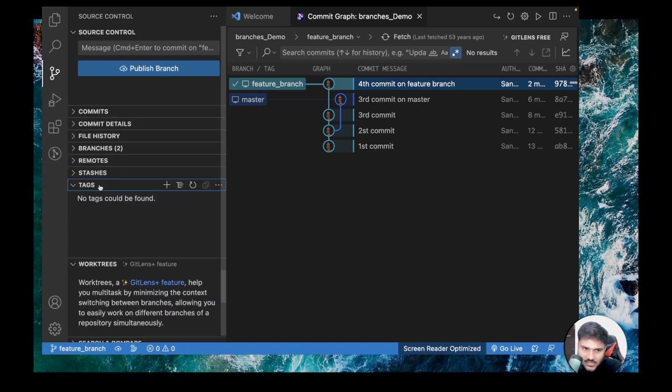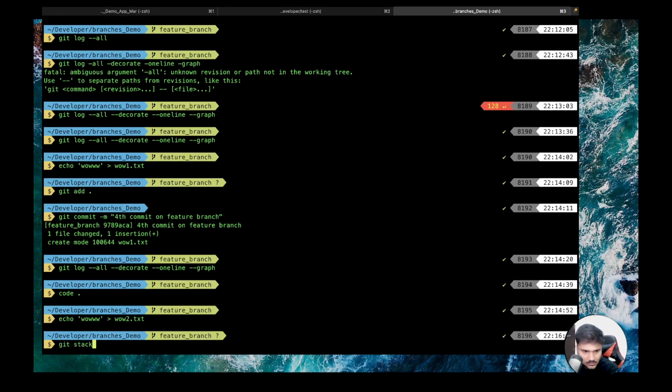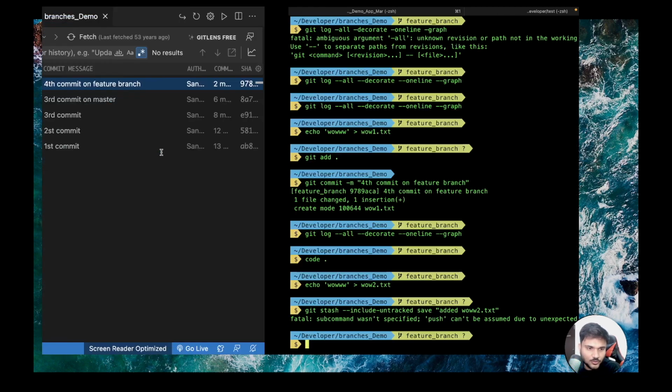There's the concept of tags, I'll talk about tags. You can even see your stashes. So let's try to visualize a stash. Let's create a new file, wow2.txt. Git stash --include-untracked save, added wow2.txt. Now when you do this,